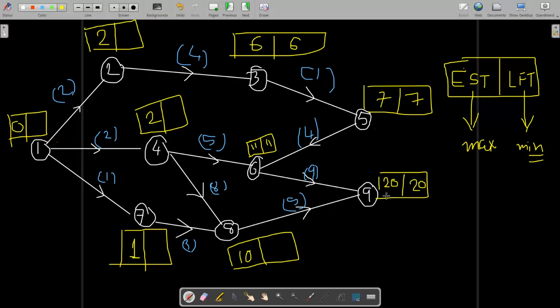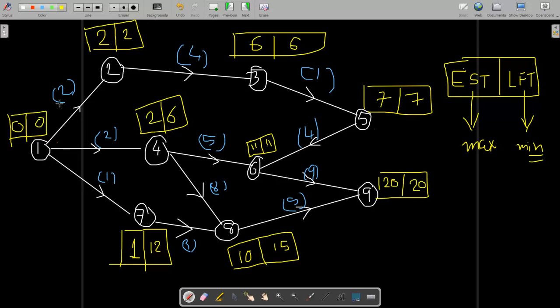Now here 6 minus 4, that is 2. But at 1 you can reach by 3 ways. So first of all, find out this finish time for all these paths also. So 9 to 8, if you retrieve back, minus 5. 20 minus 5, it is 15 days. 15 minus 3, that is 12 days. 11 minus 5, that is 6 days. Now 2 minus 2, that is 0 days. 6 minus 2, 4 days, and 12 minus 1, 11 days. So whichever is minimum, 0 days. So here you have to write 0 days.